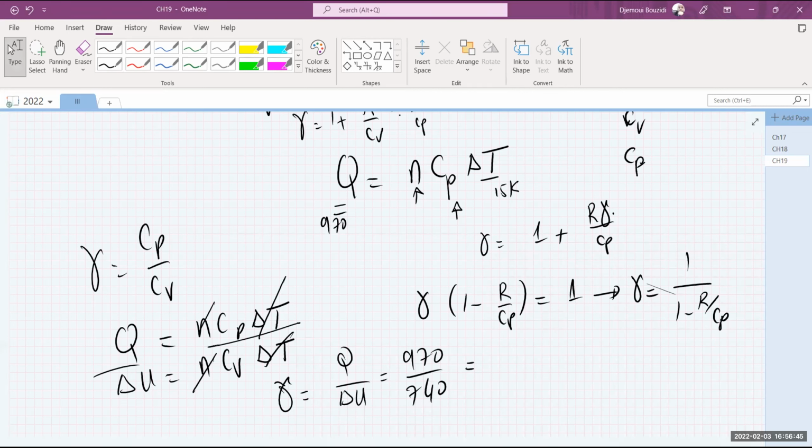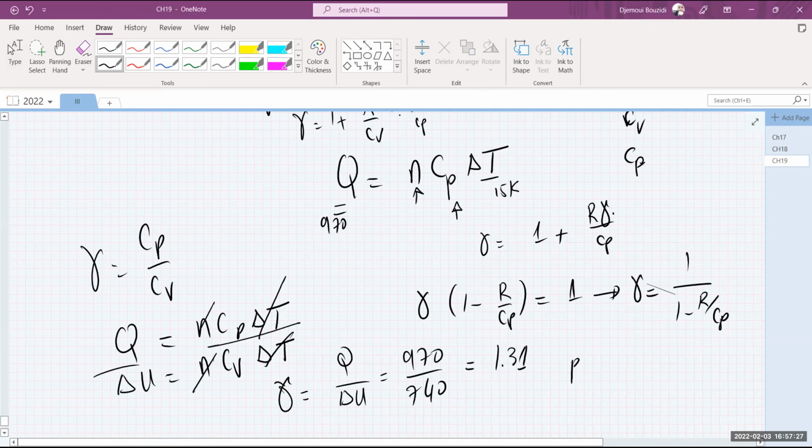Okay, let's check the algebra quickly in here. Can anybody check this number? Mathematics is probably, no, let's do Wolfram. We will probably need it for some graphing down the road, so it's better to get it going. So, just enter 970 divided by 740. It's giving me 1.31. Did you guys find it to be 1.31? Yeah, that's what I got as well.